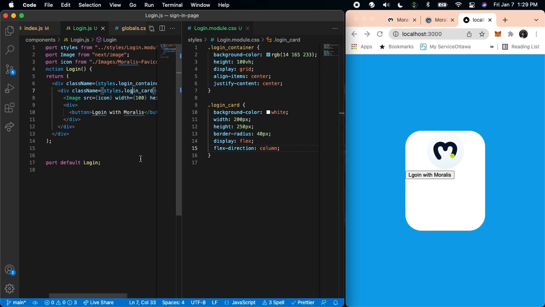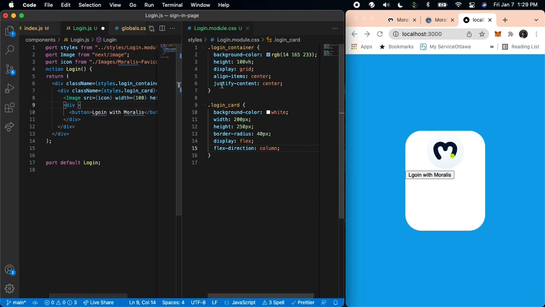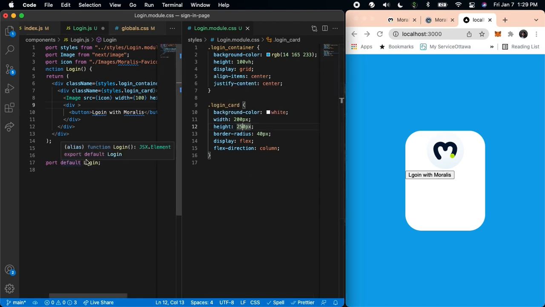Okay. From here, we want to create our sign-in container. As nice as this looks up here, I would rather it be a little lower and use the space that we have. And we want to calculate the space dynamically, so that if we change, for example, the size of this width and the height, this should change dynamically, okay? And what we're going to do is give this a class name of